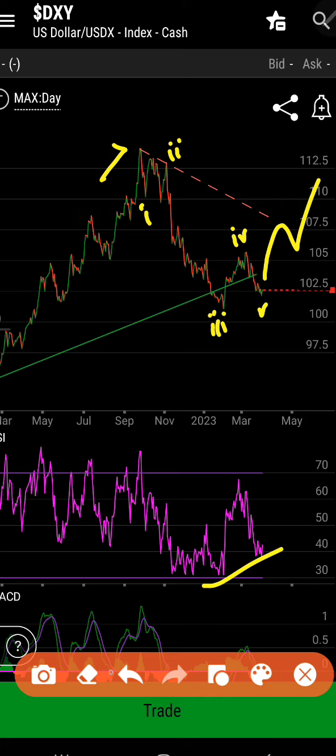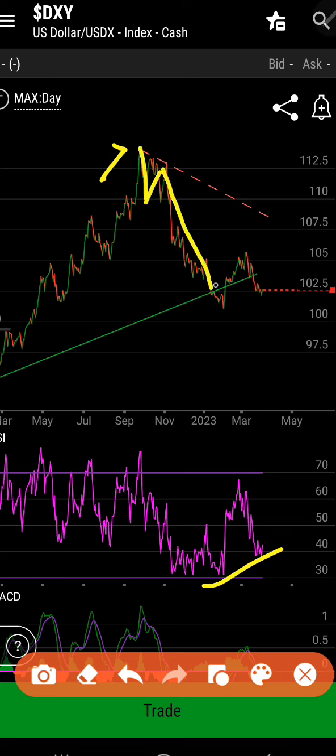On the flip side, I can also see that we may be in for more downside in the dollar, where we're only in wave 4 and wave 5 does not truncate. And so that would essentially be the same wave count, 1, 2, 3, 4, and then 5 would come down lower. However, wave 5 typically tends to be the same height as wave 1 back here, which was about 2.5 points, which isn't a ton, right?